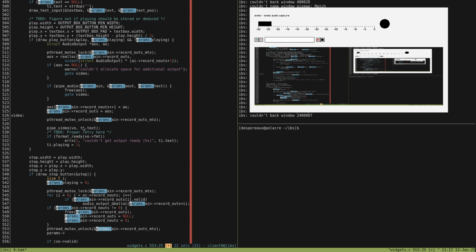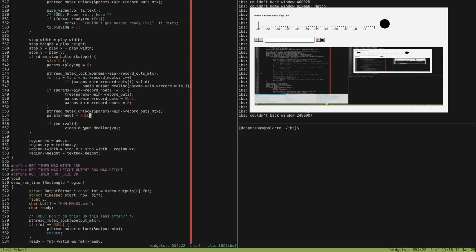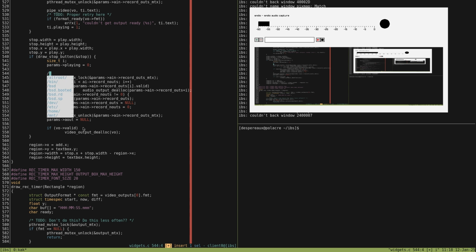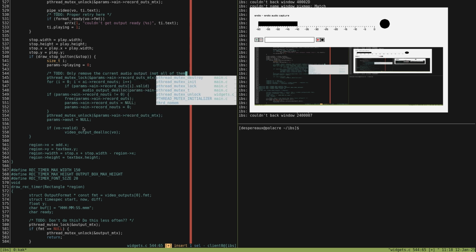And if it's not, we can just change it back. So I think params v out, a out should be equal to null. And this needs to only remove the current audio output, not all of them.